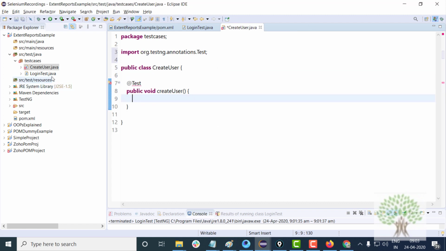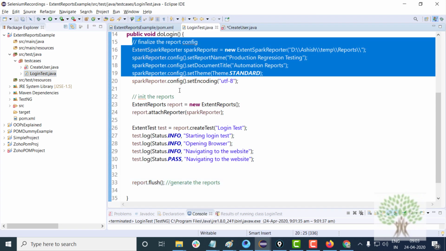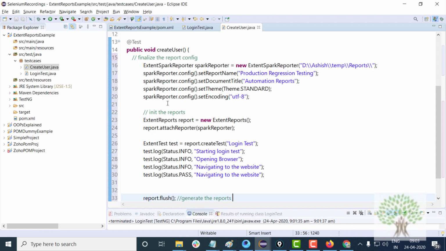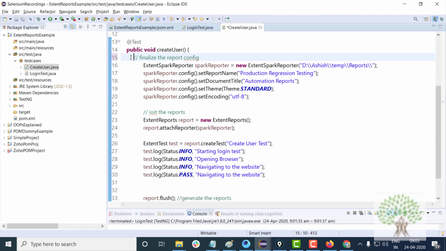So obviously I will have to write this code again. In the createTest function you will create a new test known as create user test. Now this looks weird that I am just copy pasting the same code. We will find a solution for this in some time, but let me just show you a problem first.